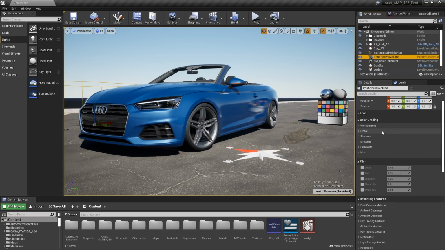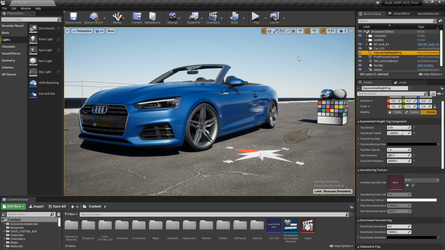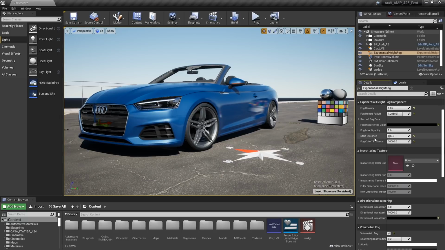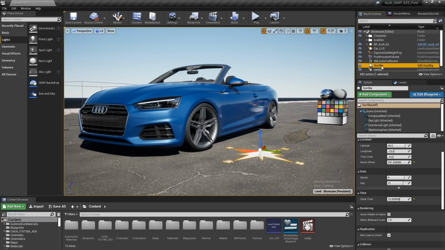This is just the default post-process volume. And I've got an exponential height fog also dragged in. Now, because I had that exponential height fog atmosphere switch turned on, the sky atmosphere has the ability to actually drive the scatter color of the exponential height fog. So you're going to want to make sure that you turn off any other additional contribution. You want to basically make the scatter colors black on that exponential height fog so that all the color information is being driven from that sky atmosphere model. That's basically it.